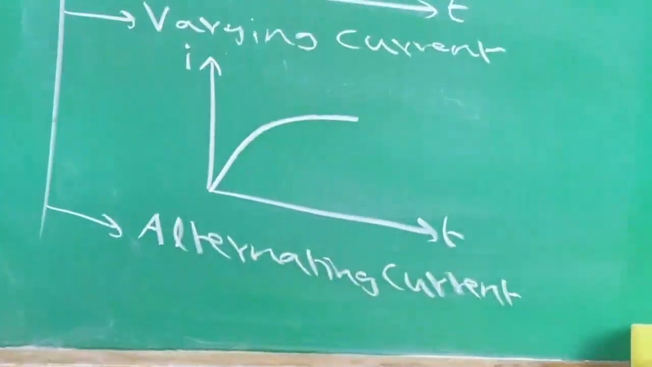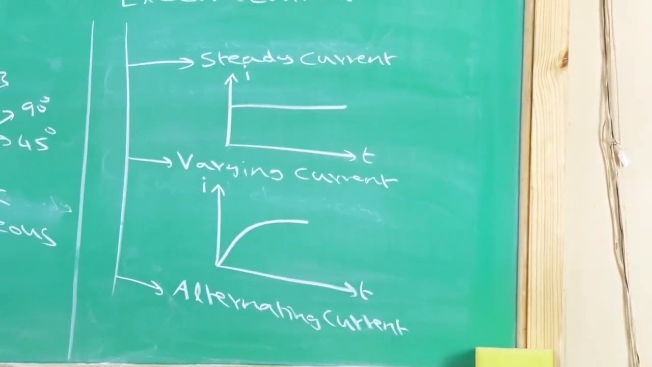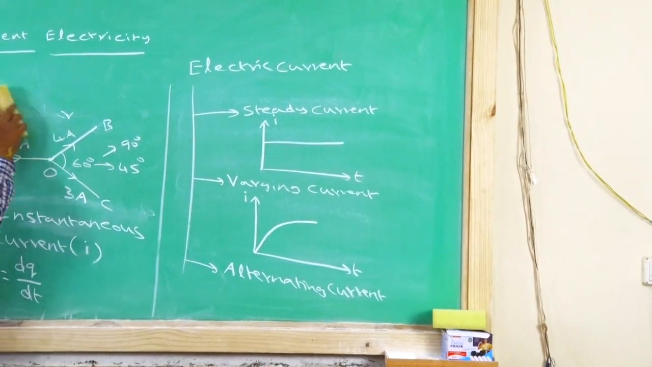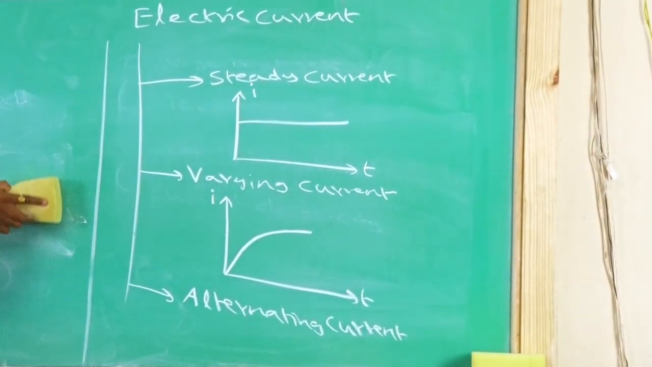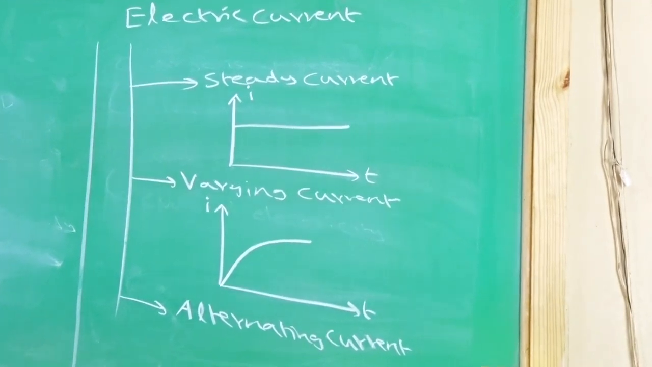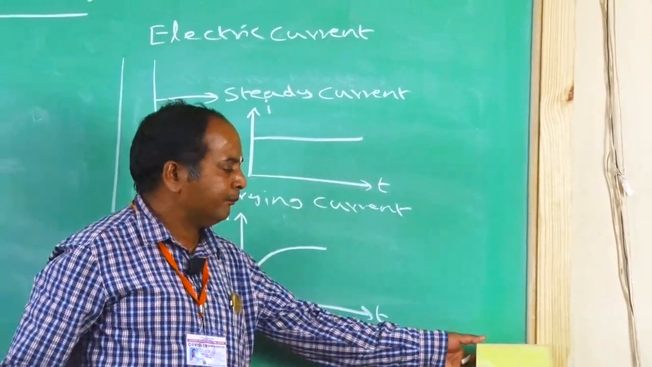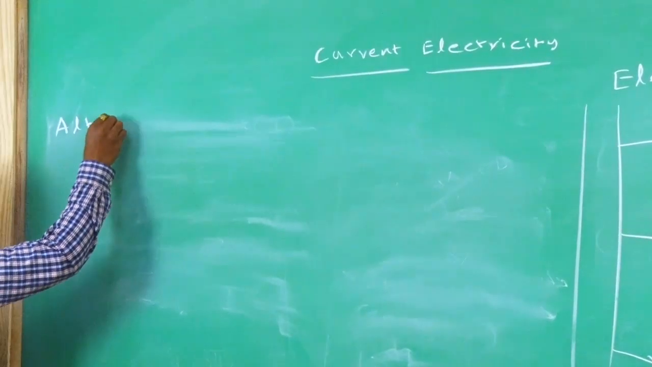Here, if you see alternating current, in its name only alternating is there. Alternating means what? If any quantity continuously changes in a particular manner, that means it may depend upon some other factor, then that is said to be alternating current. So, if you see about this alternating current,